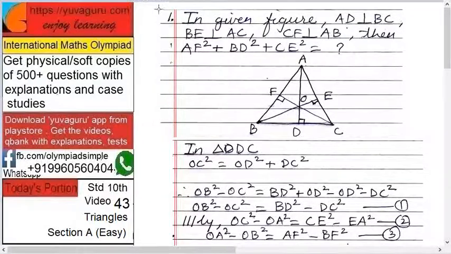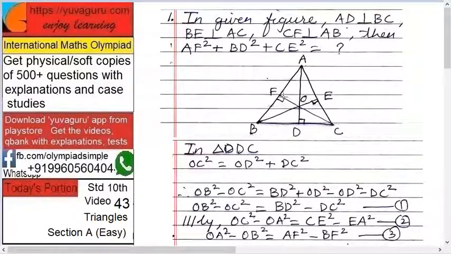Let's start. In the given figure, AD is perpendicular to BC, BE is perpendicular to AC, CF is perpendicular to AB. Then AF square plus BD square plus CE square is equal to, in the given figure,